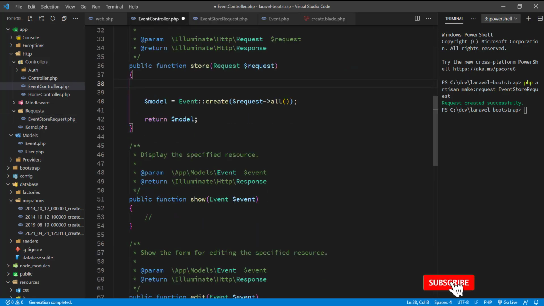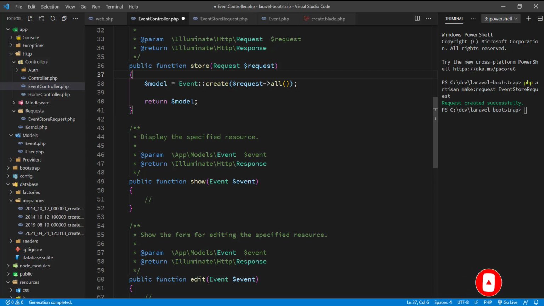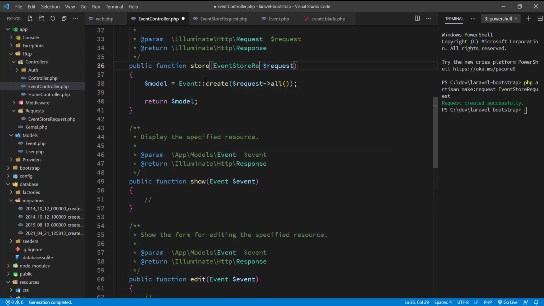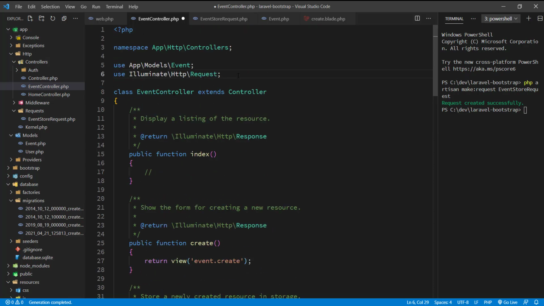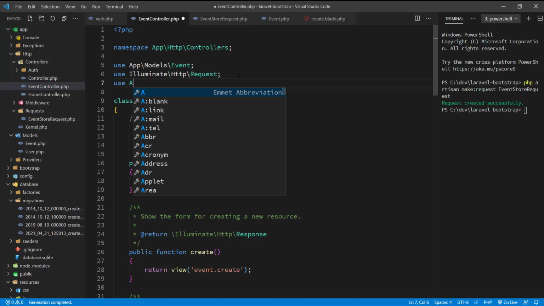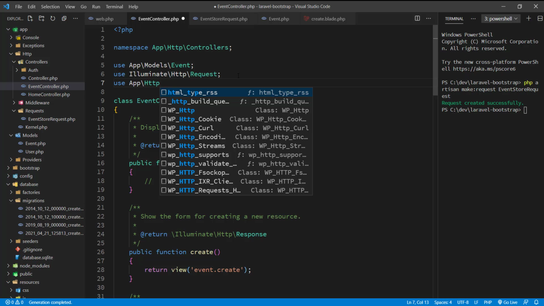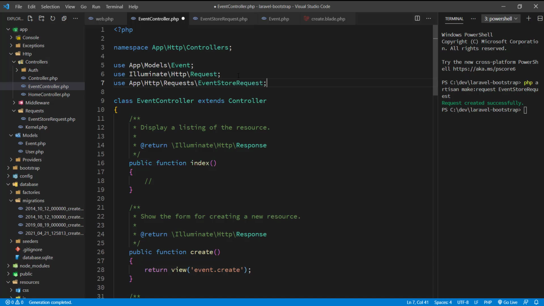Now I can get rid of the request validated line, and let me just backspace. Instead of using request, now I need to use the request which I have just recently created, the EventStoreRequest, and I need to include this in my controller. I will go to the top and will write use App\Http\Requests, this is the directory, and EventStoreRequest. Save and